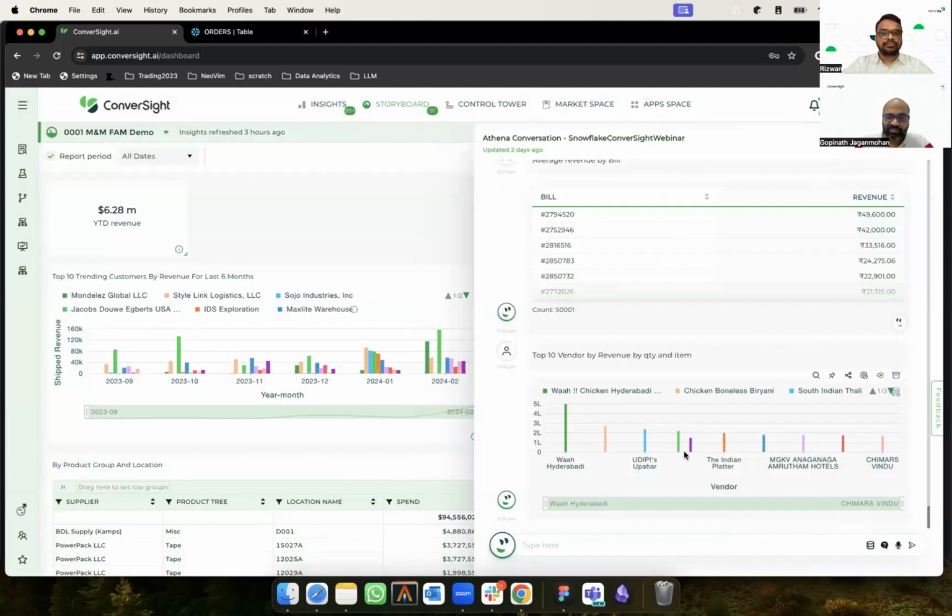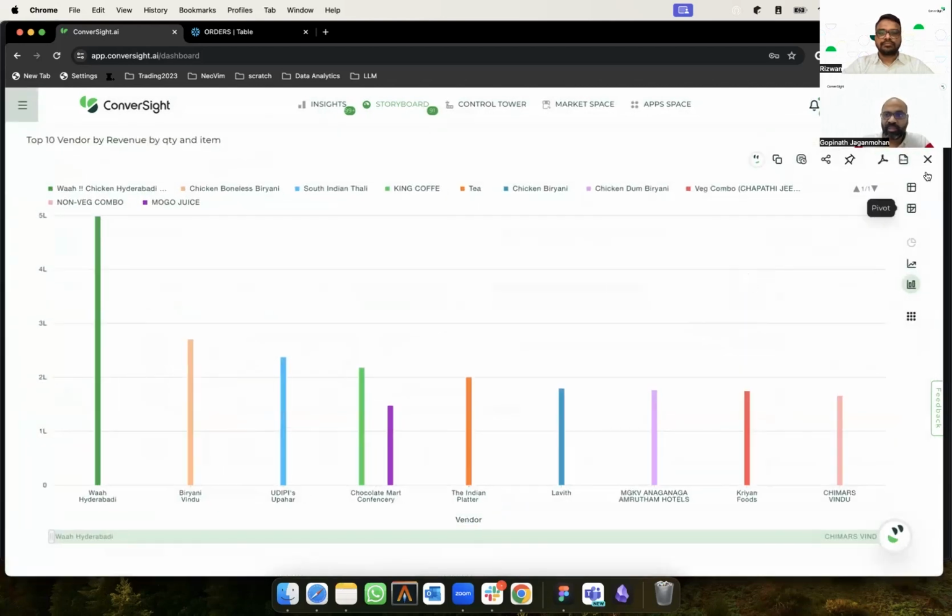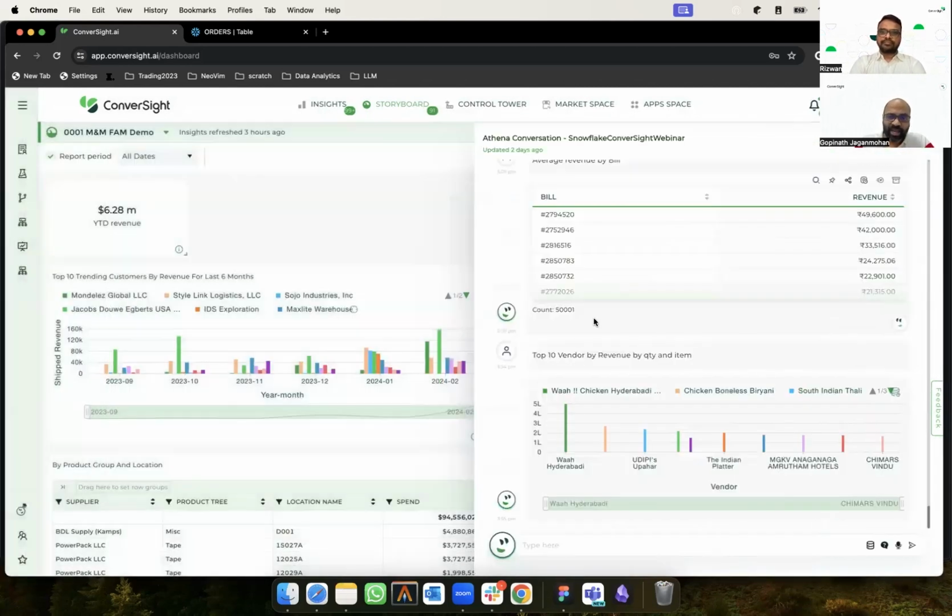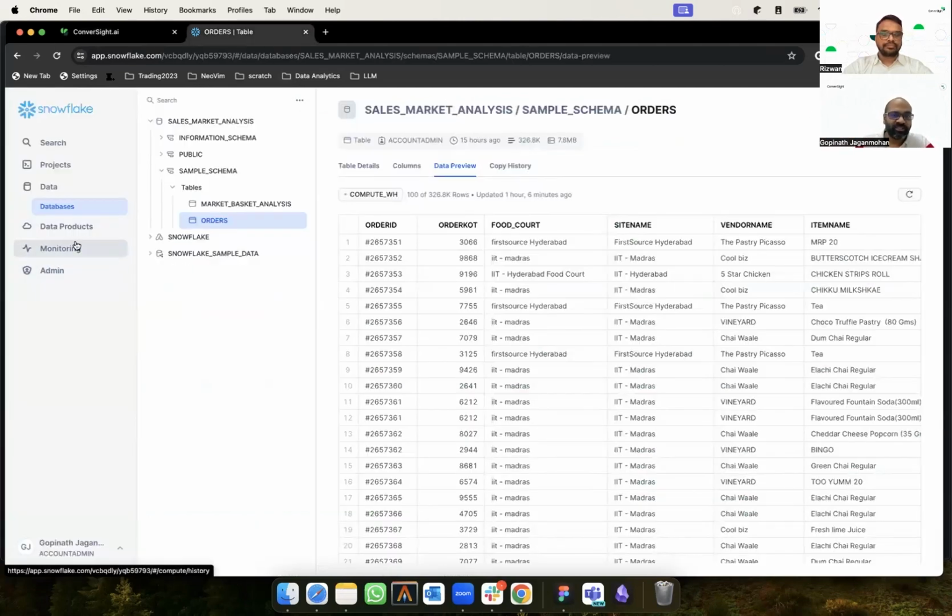Yeah, this is the question I have asked, and it actually came up. So how this works behind, as I said, we have both an LLM and a semantic engine which we have built. When we started this company almost 7 years back, we did the research and came up with the semantic engine. And lately, in the past 2 years, we have added the LLMs into the mix to answer the questions. The questions are built and understood, and then it creates a query which is fired back to Snowflake to be run there.